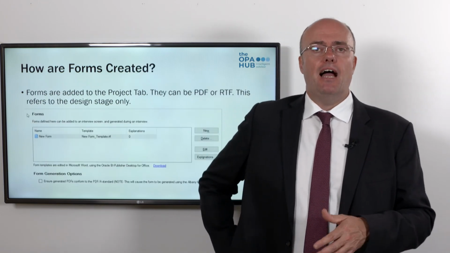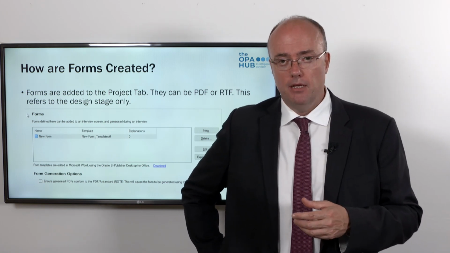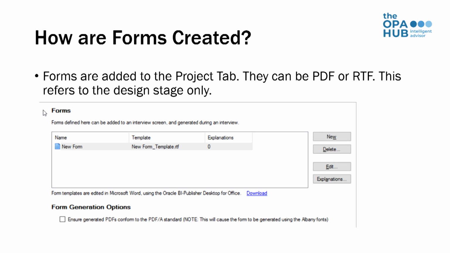Step by step, how do I create a form? Well, I make sure that I'm in policy modeling. I go to the project tab and I go to the forms sub-tab. And I create a new form by clicking the new button. And I want you to notice three things on this page. First of all,